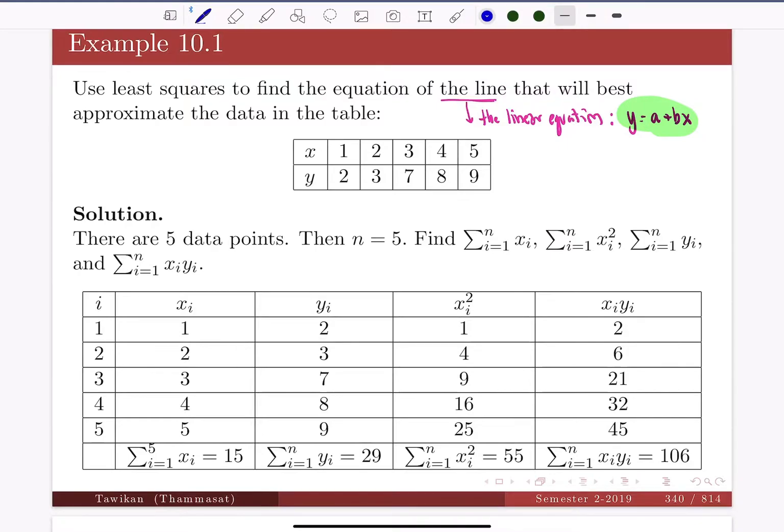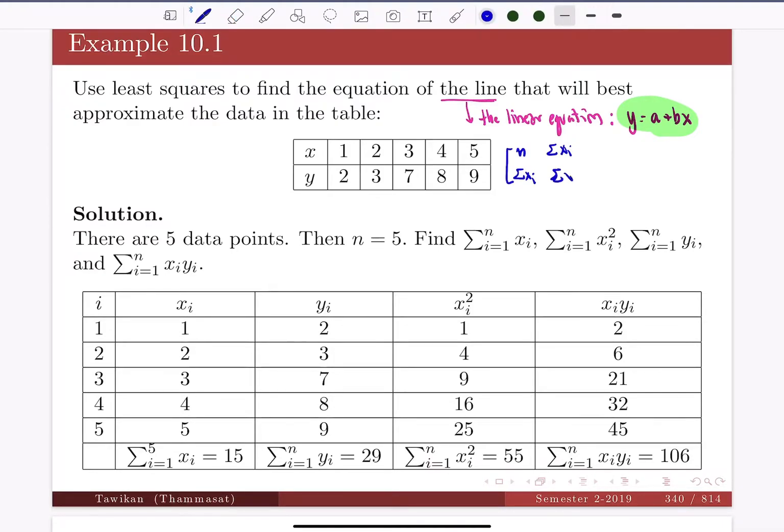On the system of normal equations, I'm going to write it in matrix form. And that spot is going to be n. In this case, n is 5 because there are 5 data points in the table. And the element in the first row, second column is summation xi. Same idea over there in that spot. The element in the second row, first column is summation of xi. And the element in the second row, second column of the coefficient matrix of the system of normal equations is